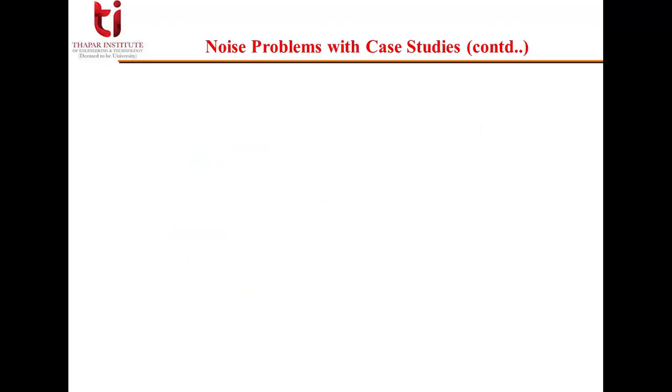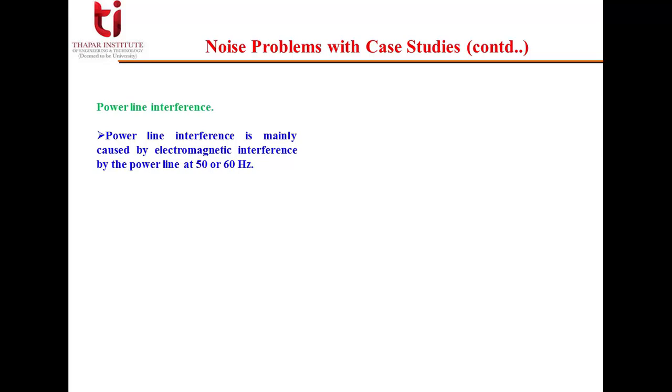Now, next is the power line interference. Basically these signals are of much lower frequency compared to our communication signals, but they are within the band of biomedical signals. The power line waveform, or interference, is mainly at 50 or 60 Hertz. In the US, the power line is mainly at 60 Hertz, and in India, it is 50 Hertz. This power line waveform, if it is not pure, also has harmonics of the fundamental frequency that could also appear.